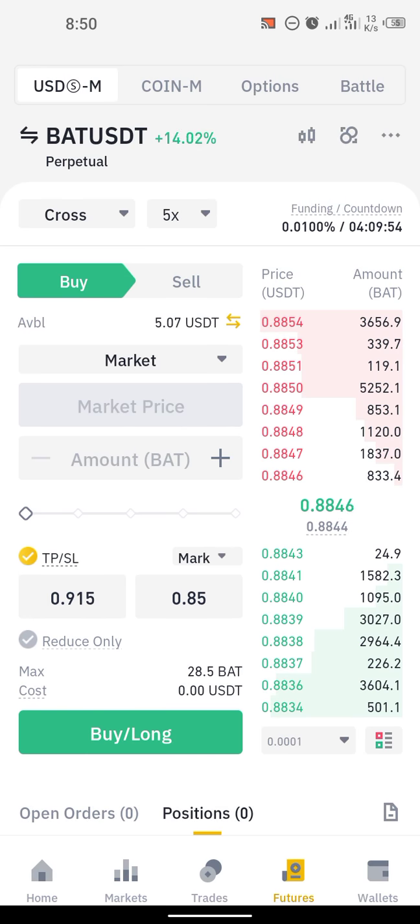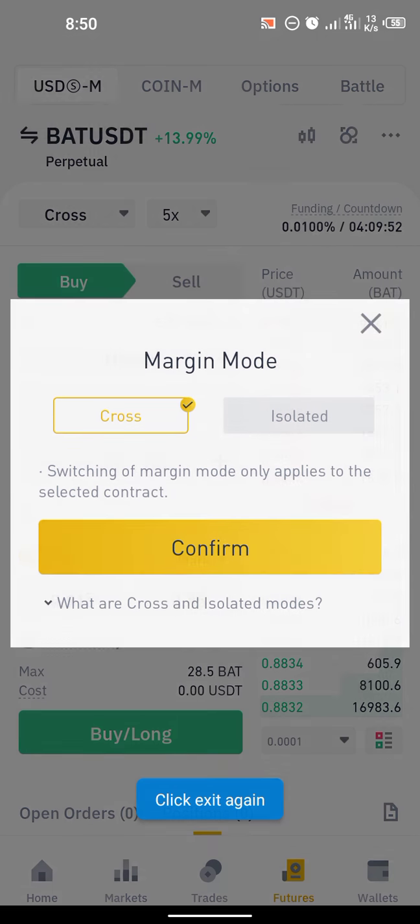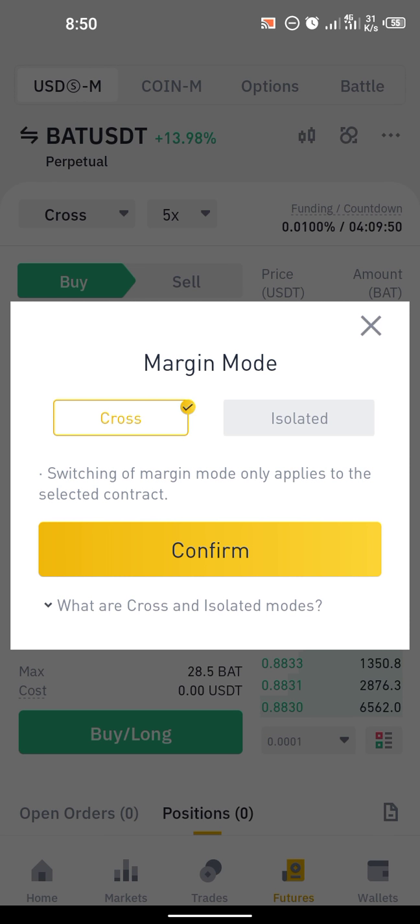You look over here, we have cross. So cross gives us the types of margin we have. We have cross margin, isolated margin. When you select cross, it makes it possible for your money to be deducted or incremented from the money you stake and also from the other money that's left in your account. Meanwhile, isolated makes it possible for only the money that is staked to be